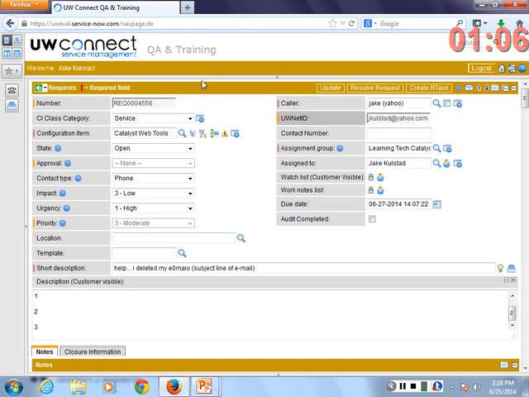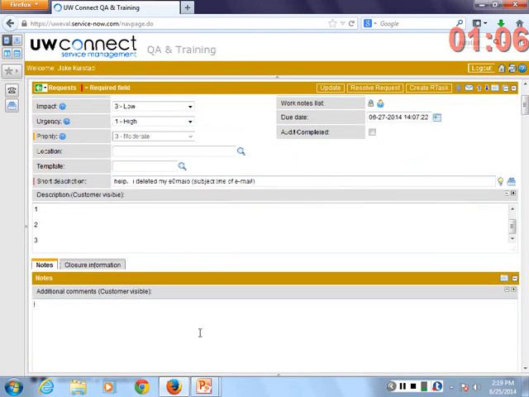Okay, so let's assume that this is a relatively complex request, and in order to fulfill it, I need to send out what used to be called a sub-ticket to another group to fulfill a component of that. What we're going to do up here in the top right is create an R task. And if I'm really efficient, I might say, hi Jake, asking for help from another group. And I'm going to click on Create R Task, knowing that when I click on Create R Task, I'm going to email this to the client.